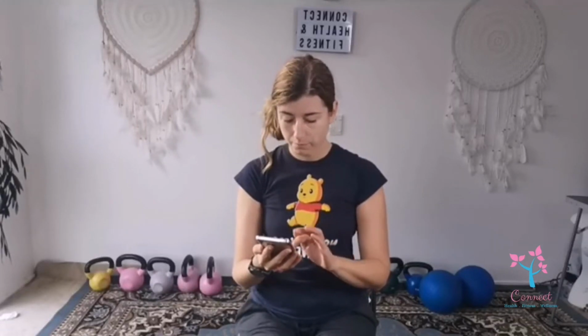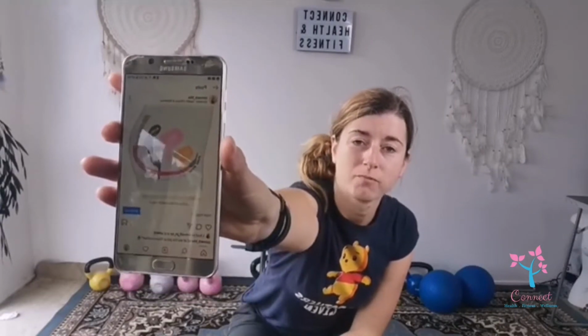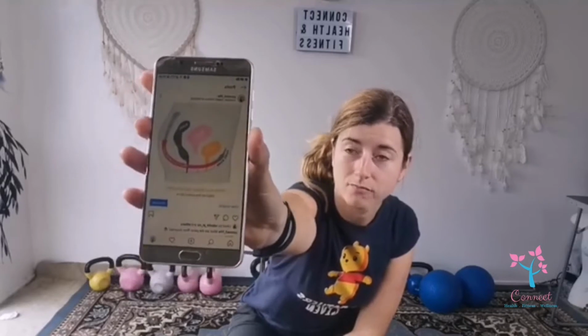I'm going to go based on the posts that I shared. So I don't know if you can see there, it was a picture, a cartoon, so it's not 100% anatomically correct. Everything's a lot more squished, but it shows the bladder, the vagina leading up to the uterus, and it shows